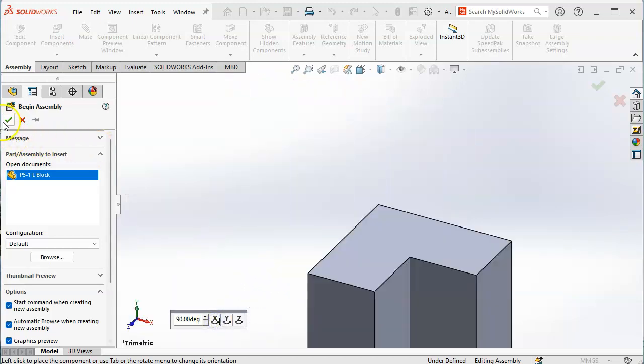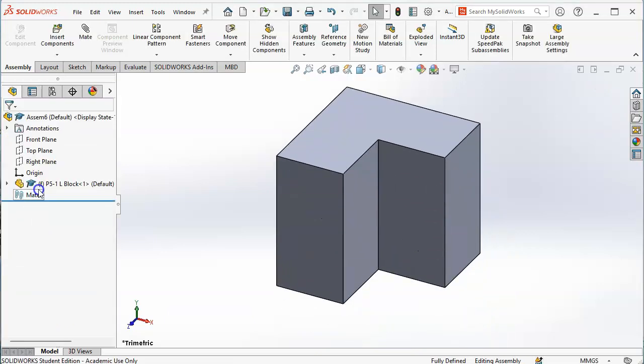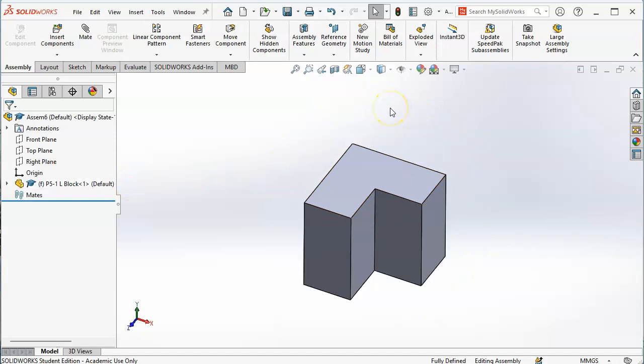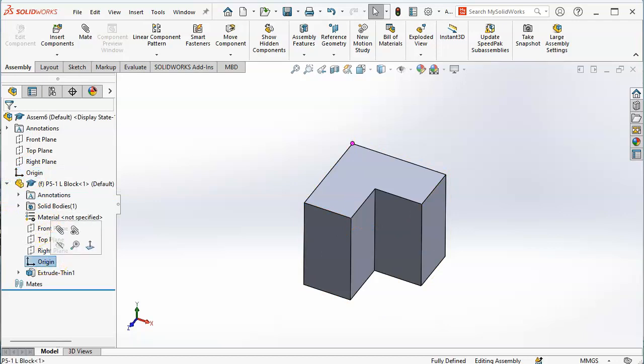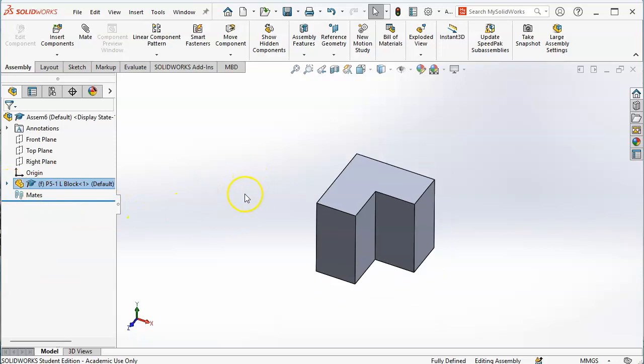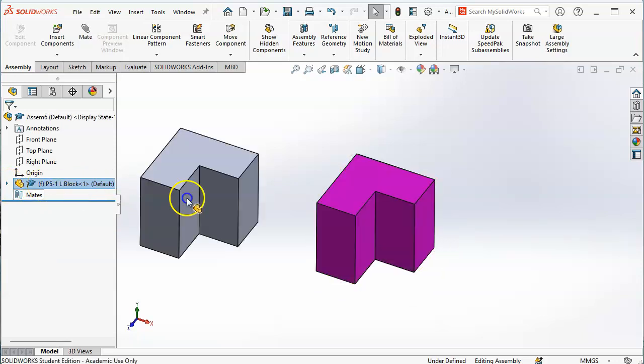Once it's in that position, then I can hit the OK, and it will jump to origin and apply the F for fixed. That's all I have to do at that point. I don't have to float it and bring it in or do anything. We're going to stay with that fixed origin to origin, and then the orientation of the planes is all good there. All right, so bringing in the next component,